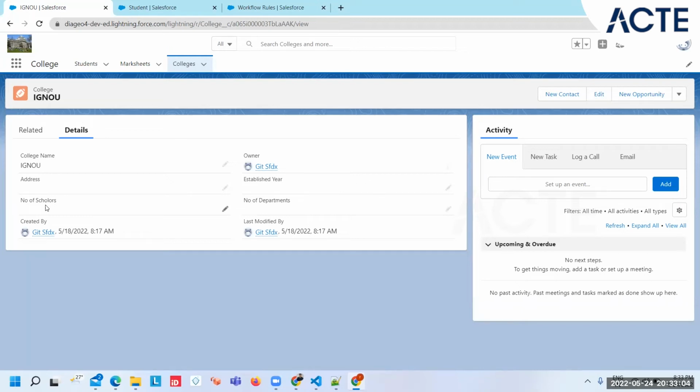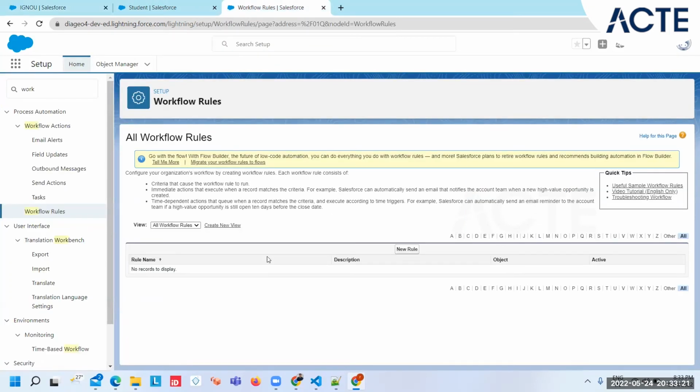So this is our basic requirement, so that at the time of data entry, if somebody is not putting these values, we will automatically consider them, and later on in the future if we want we can update that. So we will come to the workflow rules, and as we know there are multiple ways, but I'll take the workflow